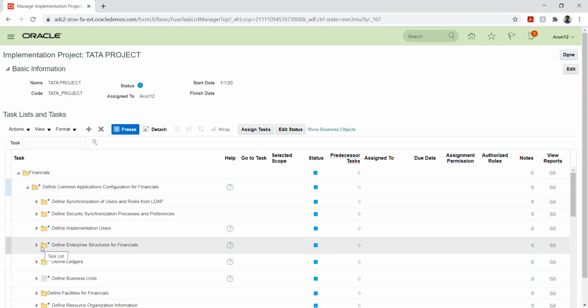So secondary ledger, I'll start from the configuration part. Before that, I'll give a brief introduction about secondary ledger. The reason why we will use a secondary ledger is that, let's say I have operations in two different countries, but I don't want to enter any transaction in the system. Let's say I'm working in India, but my headquarters is in US. In US, I don't have any business there, but I want to understand the financial details in US currency or the representation in the United States legislation.